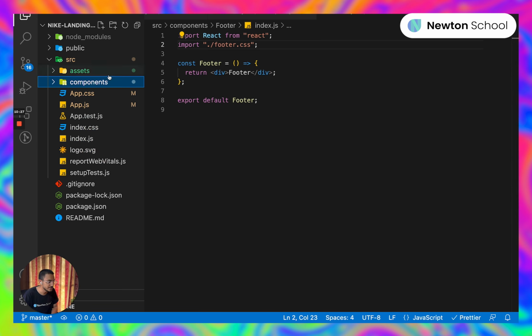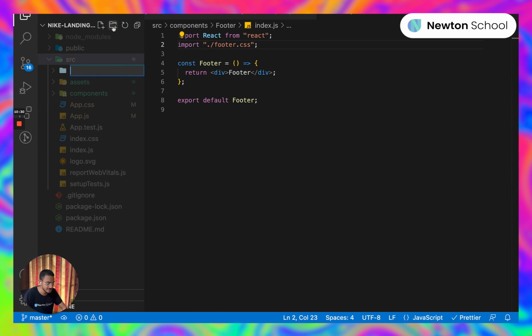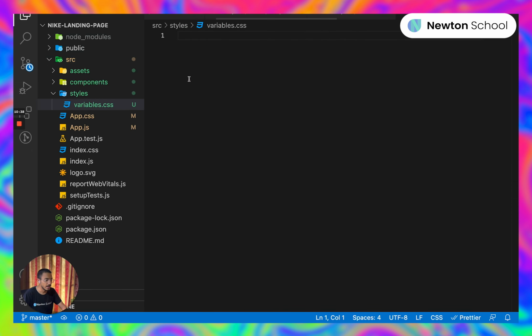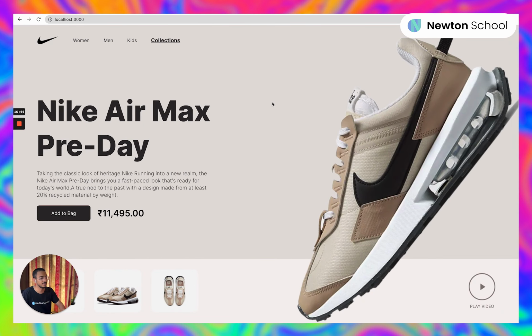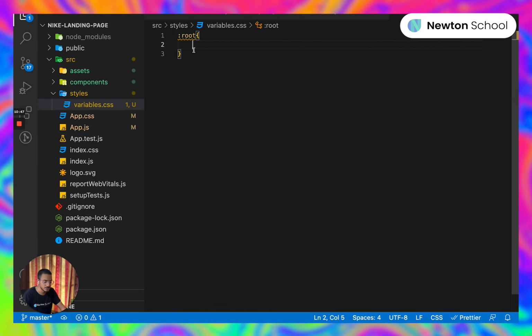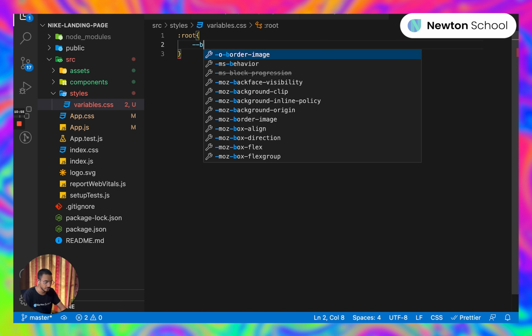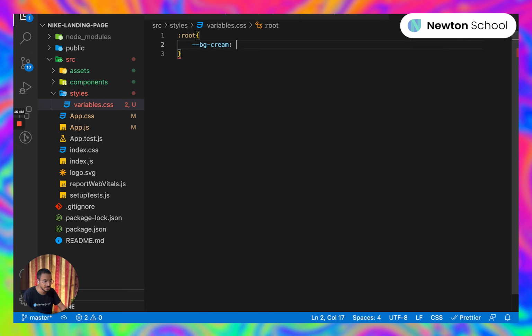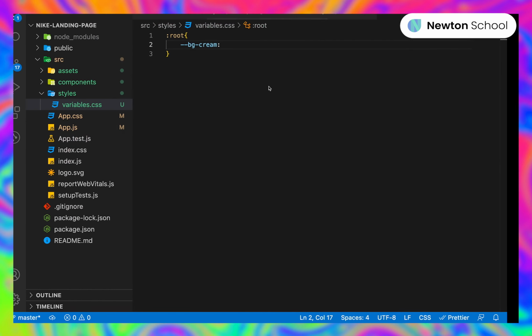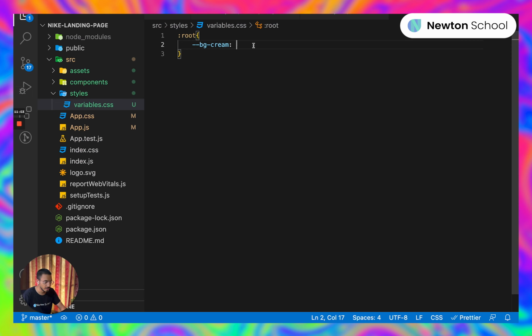So what I will do is next to my component, I'll create a folder called styles. And inside this styles folder, I'll create a file called variables.css. Perfect. Now here, for this root, now in React, if you see, this is the root component inside which everything lies. So for this root, I want to declare the variables. The convention in CSS for declaring a variable is double hyphen and whatever variable name you want to give. So the first variable name that I want to give is BG_cream, which means the background cream color that we see here. Now the hex code for this is hashtag, as I can see, E4